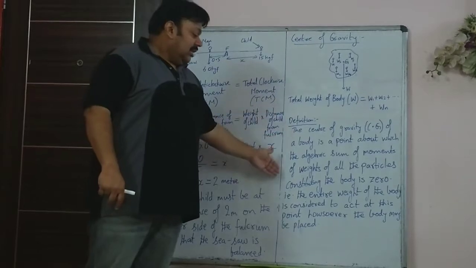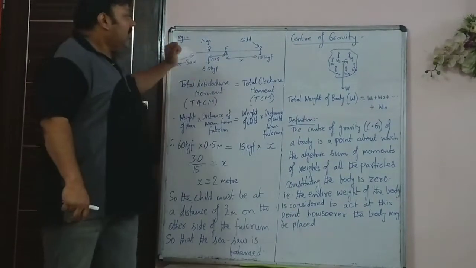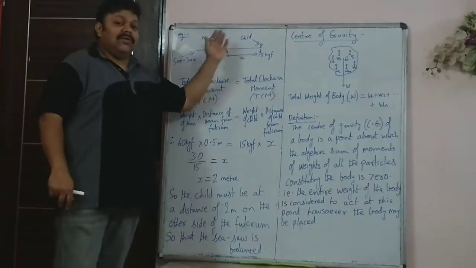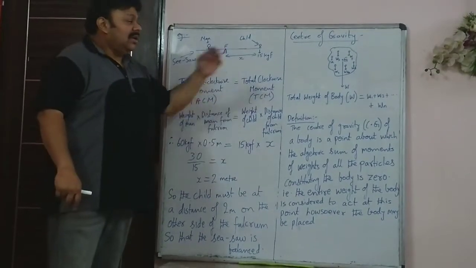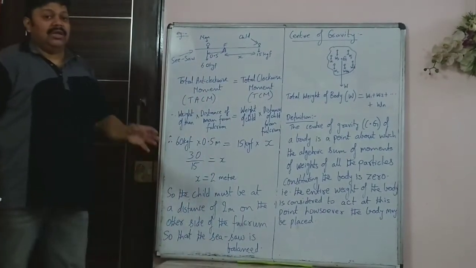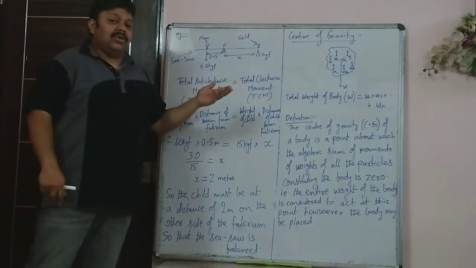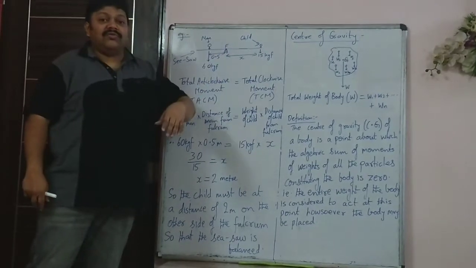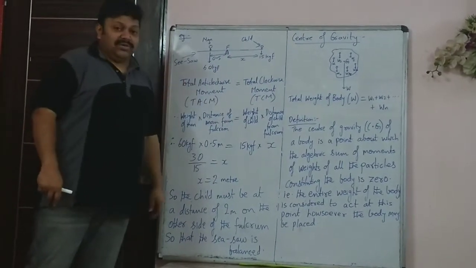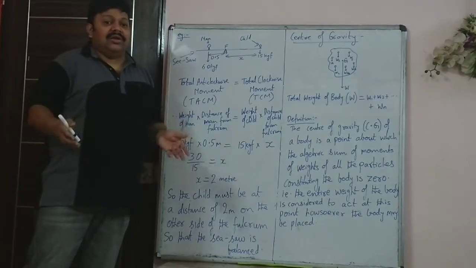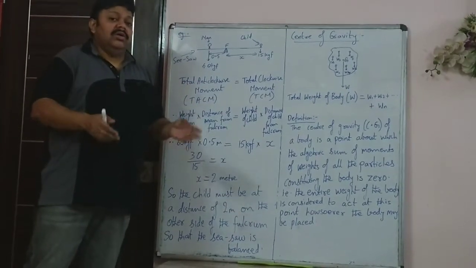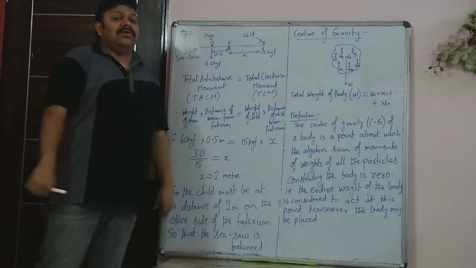But the definition is important, and what are the factors that affect center of gravity I will do in the next frame. That is important in this part. And then I will be making the table to show the center of gravity for objects. For let's say for example a cylinder, a cone, a sphere, where is the center of gravity?